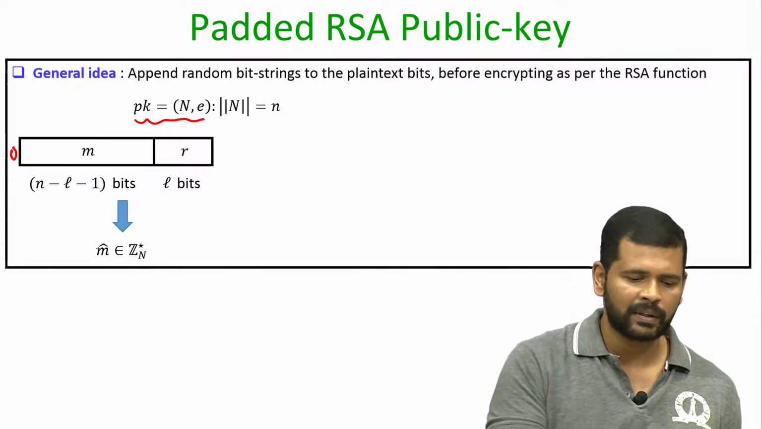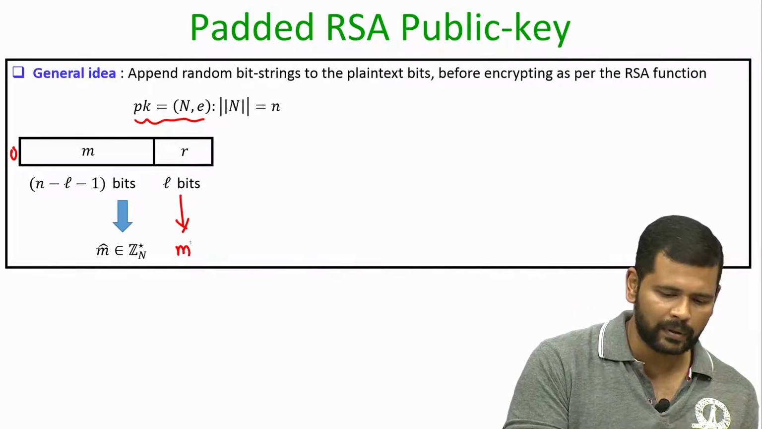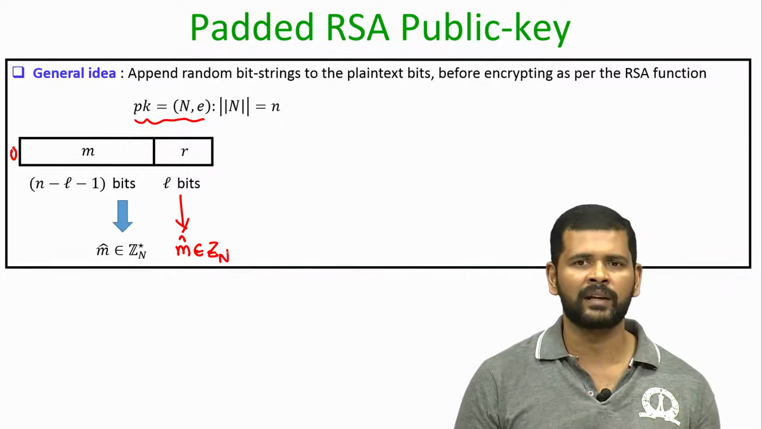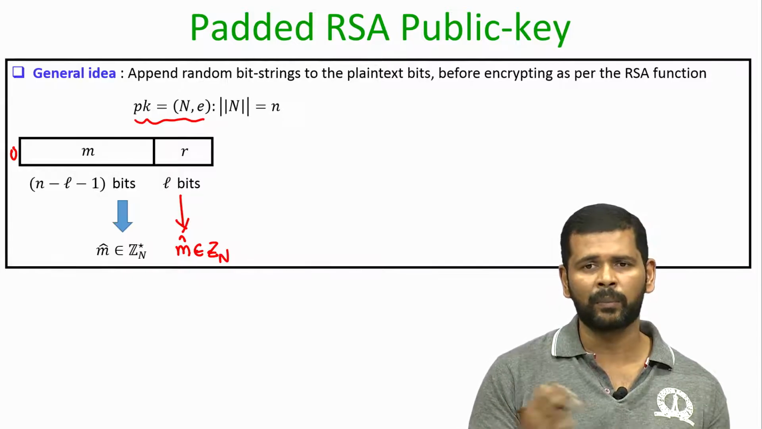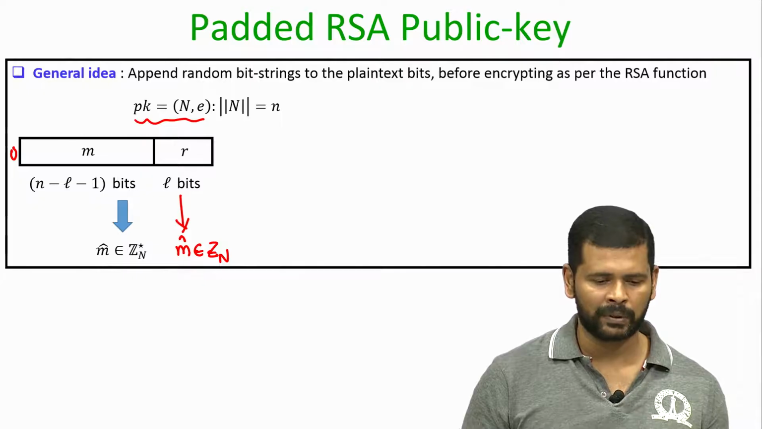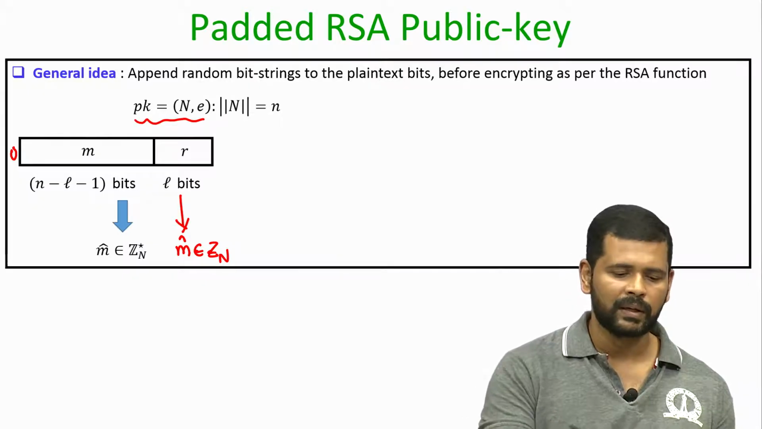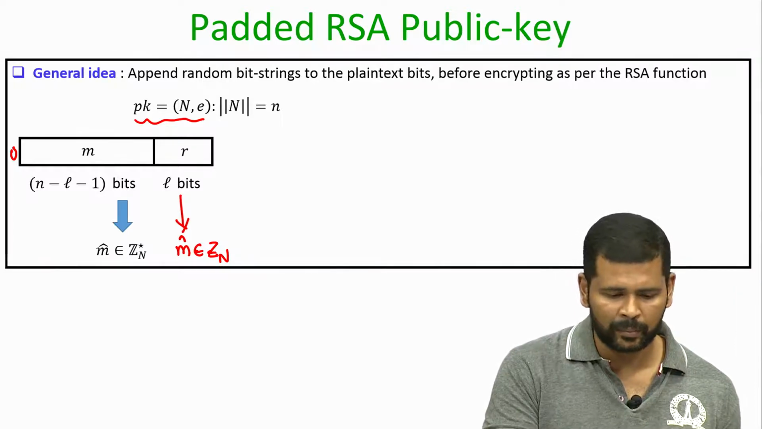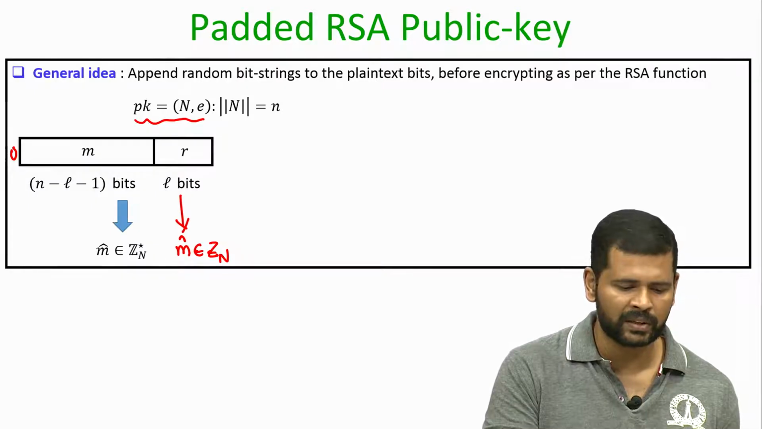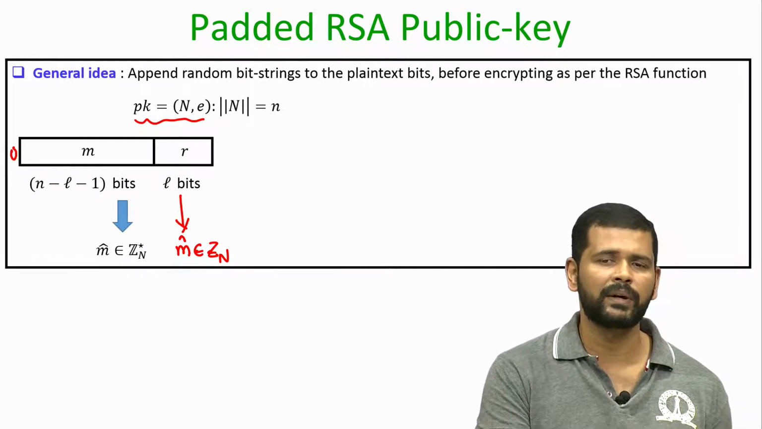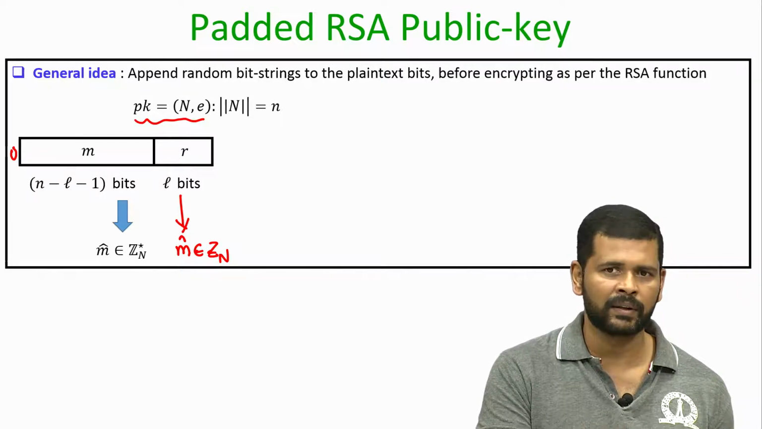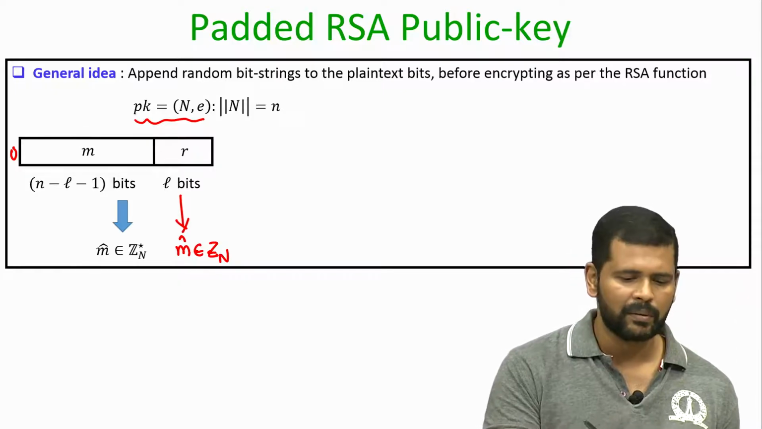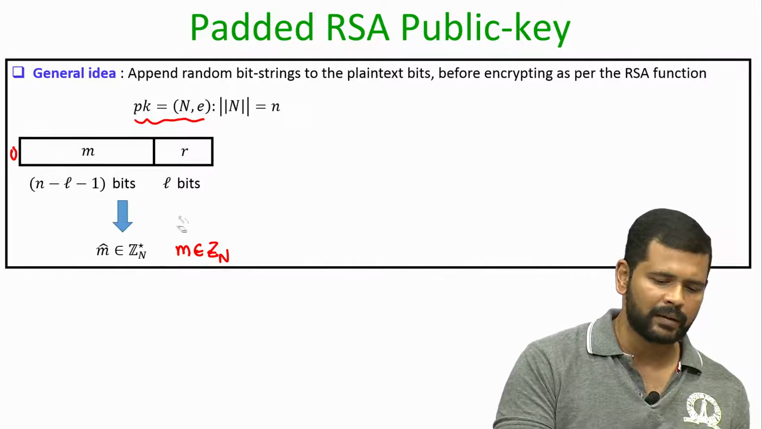However, it turns out that even if the resultant m cap is not an element of Zn star, but it belongs to Zn, it suffices for us to apply the RSA function at the encryption end and the RSA decryption function at the decryption end. The correctness property will still hold if the padded m, when interpreted as a group element, does not belong to Zn star, but rather belongs to Zn. The correctness property with respect to the RSA forward direction function and inverse function will still hold. We will prove that at the end of this lecture, but for the moment assume that the padded message m,